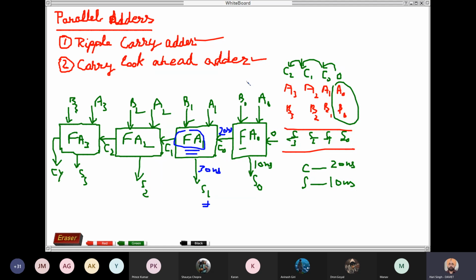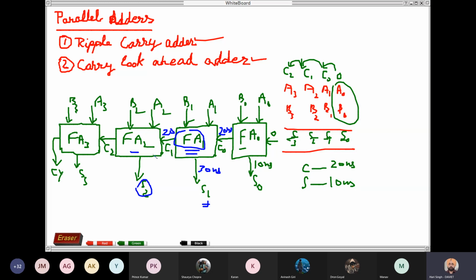See, inputs A0, B0, A1, B1, A2, B2, these are provided simultaneously. Okay, and each full adder will take certain time to provide the sum output. So similarly, the carry generated by FA1 is transmitted to FA2. So within a further 20 nanoseconds is required. So S2, the output of FA2, will be generated within,